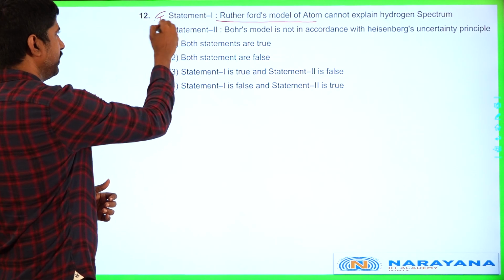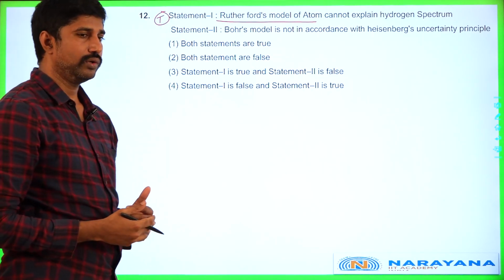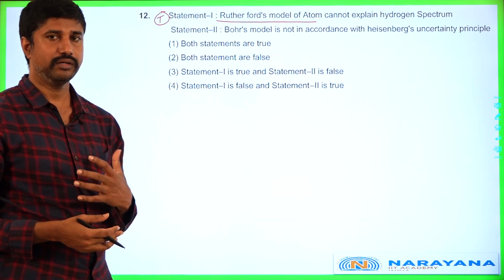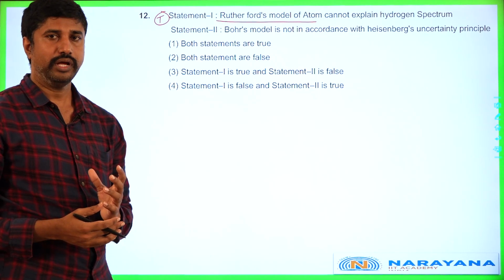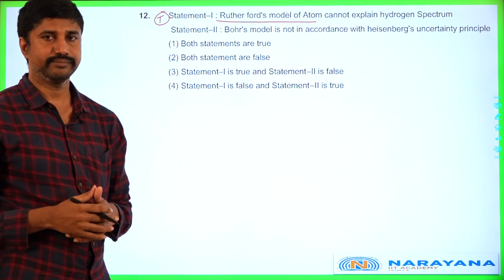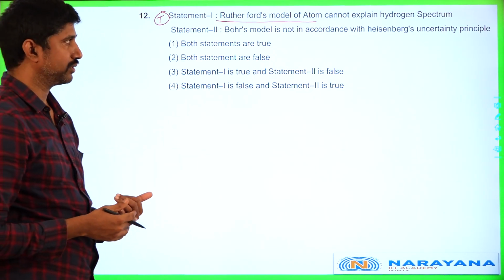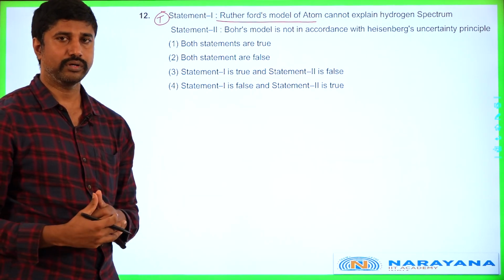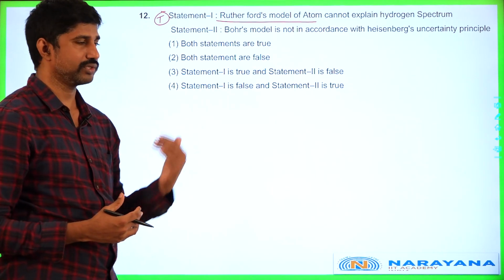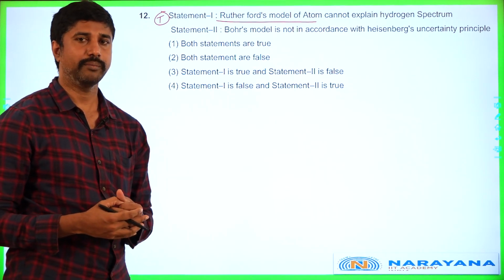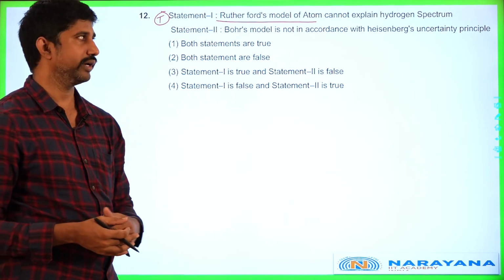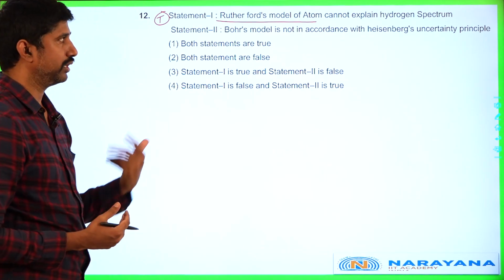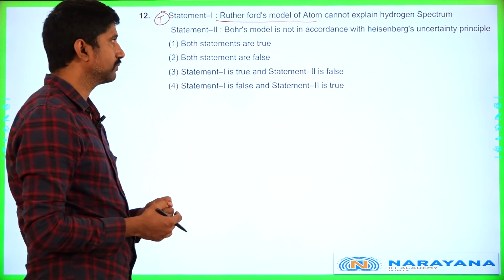It is a true statement, because the major thing is Rutherford's experiments, alpha ray scattering experiments, revealed the discovery of the nucleus and the empty space of the atom. And most of the ideas of Rutherford are based on classical mechanics, which are not obeyed in quantum mechanics, and for the particular structure of atom the classical mechanics ideas are not applicable, so the hydrogen spectrum is not explained by Rutherford. That is undoubtedly a true statement.